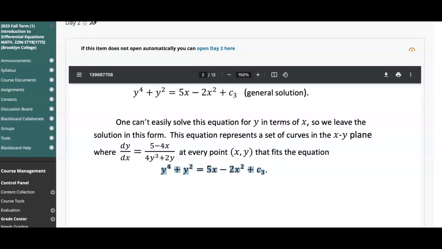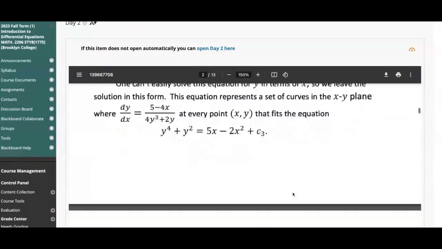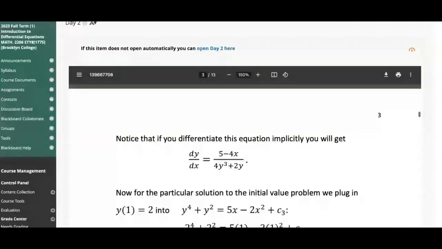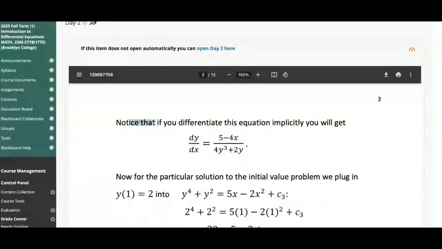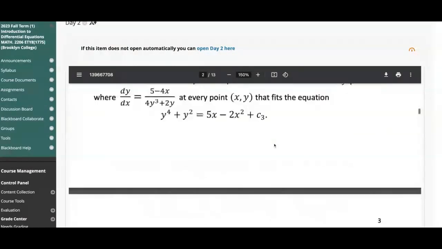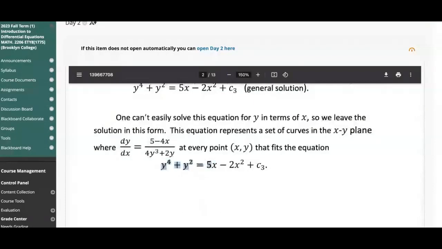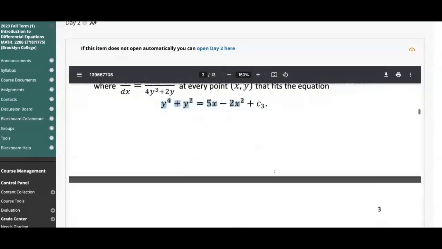It doesn't have to be a function. Notice if you differentiate this equation implicitly, we will get this. Because with the equation, we can use implicit differentiation. Once we do that, we get back